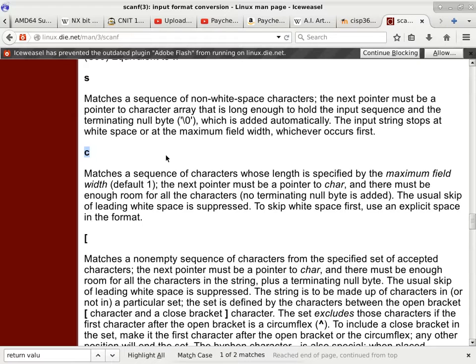The usual skip of leading white space is suppressed. In other words, we will actually read white spaces in this case. To skip white space first, use an explicit space in the format. Okay, but the bottom line is we are reading characters. Okay, we're reading characters one by one